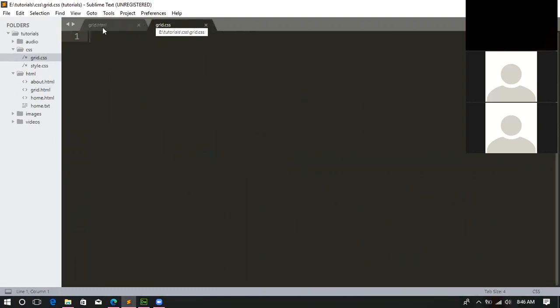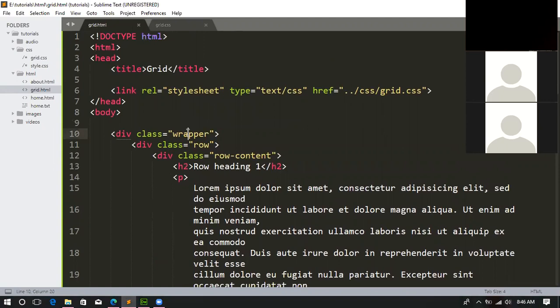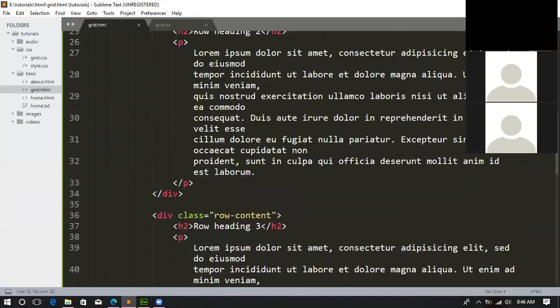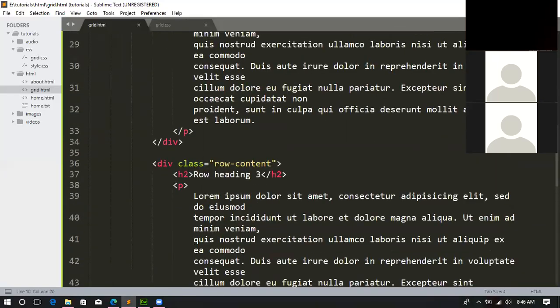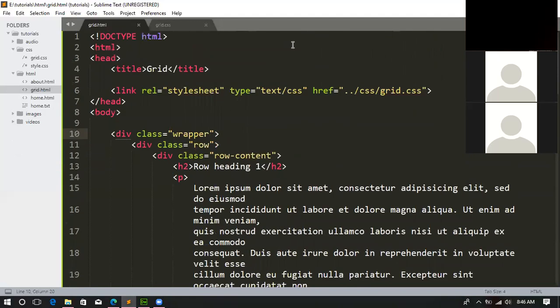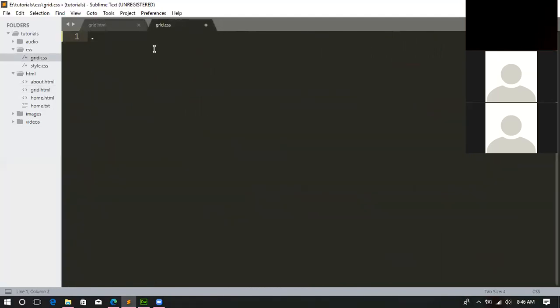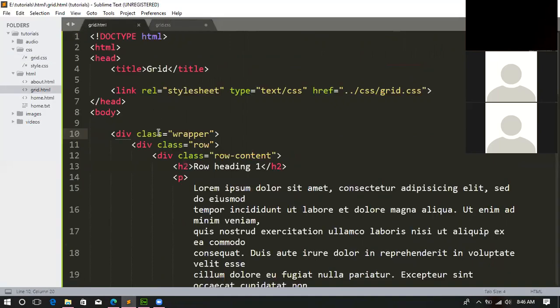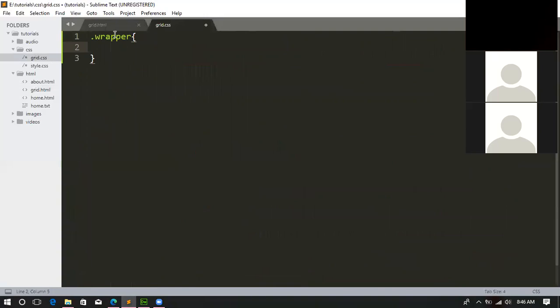So I'll first call my wrapper. This is the wrapper. It wraps around all our work. The wrapper affects the 3 rows. Okay. So I'll call a class wrapper. Why the full stop? Full stop because it is a class. And whenever we want to call a class, we use the dot or the full stop, then the name of the class. Okay. So I'll give it a width